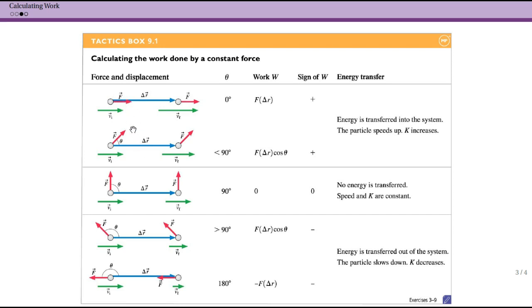Another option is when your force and your displacement are not exactly parallel, but your angle is less than 90. So you can see that you have a component of your force that is in the same direction as your displacement. Now, one thing to be careful about in this situation is that you wouldn't actually expect your velocity to stay only in this horizontal direction. If you were applying only this force and we thought about nothing else happening, you would actually expect your particle